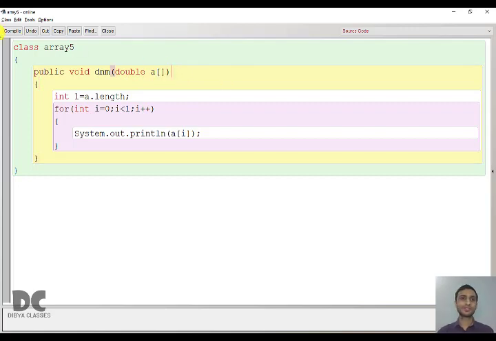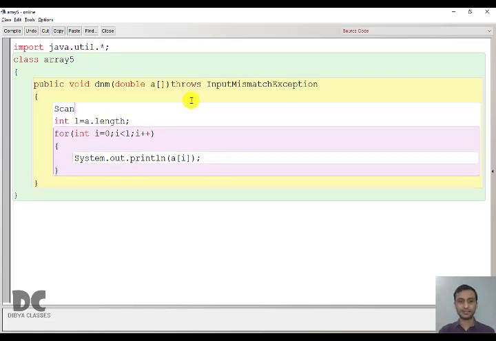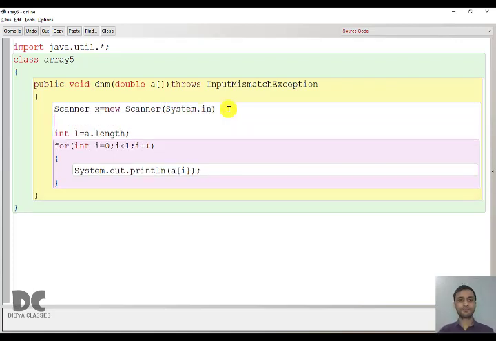So to do a program using scanner, first you have to write import java.util.asterisk. In the function line, you have to write throws input mismatch exception. Then you will write the scanner line, Scanner x equal to new Scanner, and within brackets System.in, and before taking input we have to write the print statement,